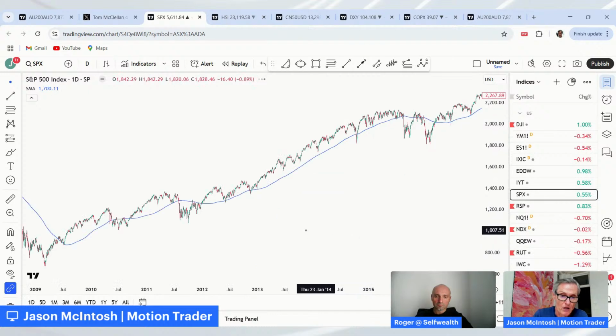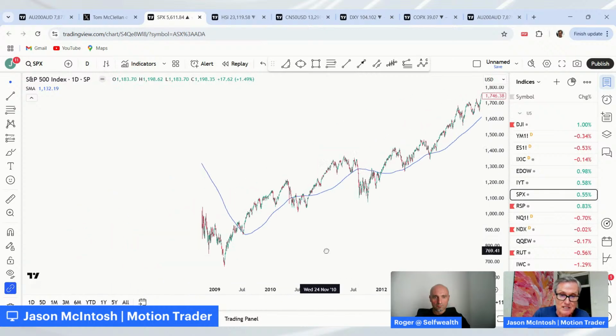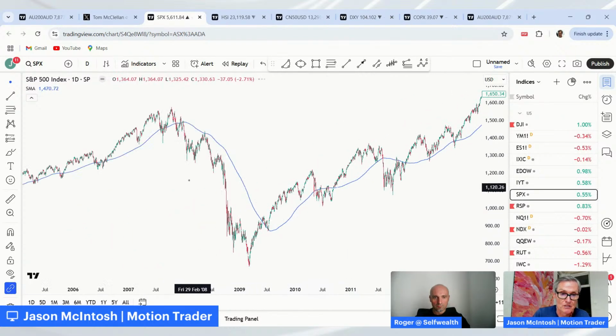And we can go back a long way to do this. There are a couple more in there. You can do this yourself, going back through the 80s, the 70s, 60s, 50s, and the same sort of pattern is there. So you get these brief dips below the moving average, but then you get these lengthier ones as well, and some of the lengthier ones also turn into large bearish phases.